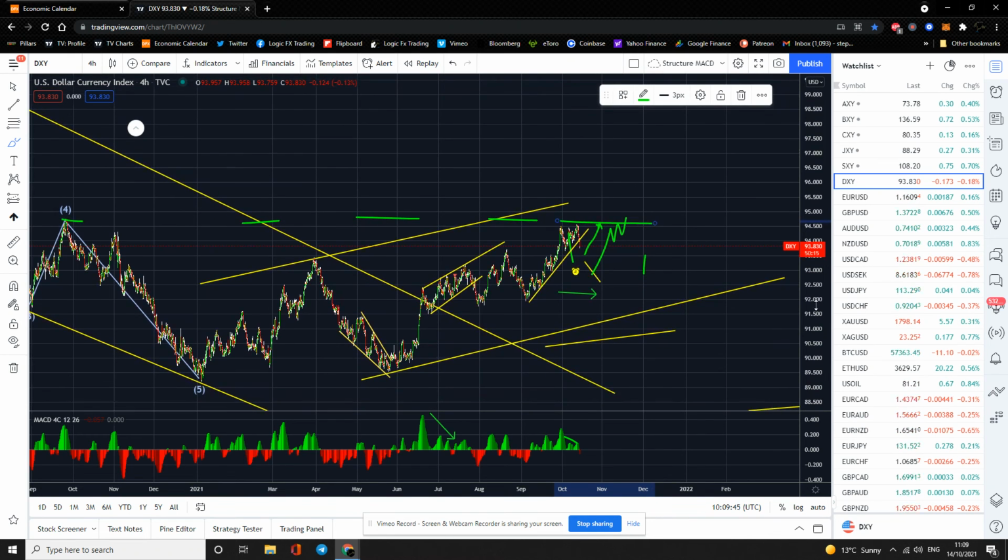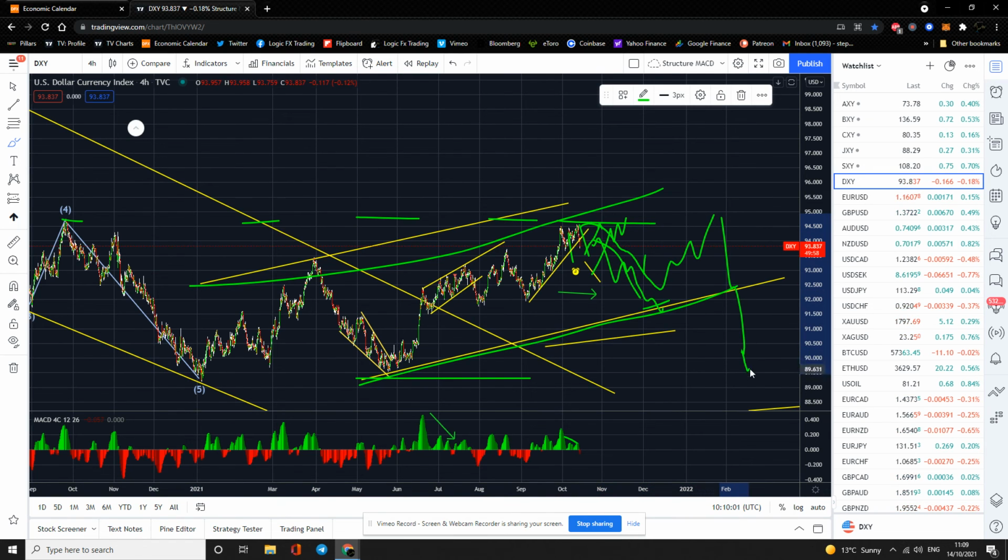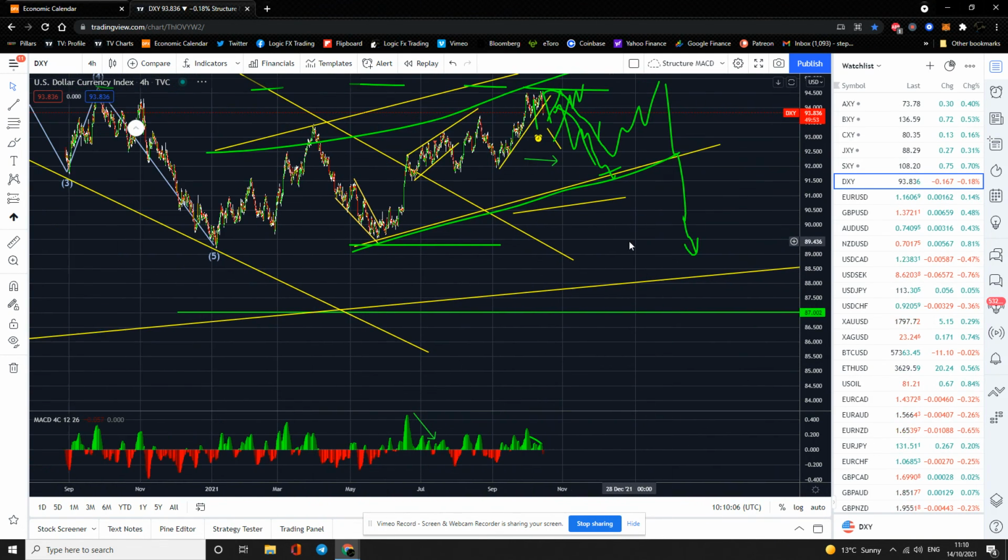Okay, so you wouldn't be surprised if this was a turning point and it moved back down into this sort of area, maybe even just down to there, to give us this channel. But I do think eventually the dollar will drop, and that was the forecast for the dollar, not my forecast. That was, who was it, Goldman Sachs or someone, come out with that a long time ago, way over here somewhere, guys. So we just put it in to give us an idea that we could possibly break that.